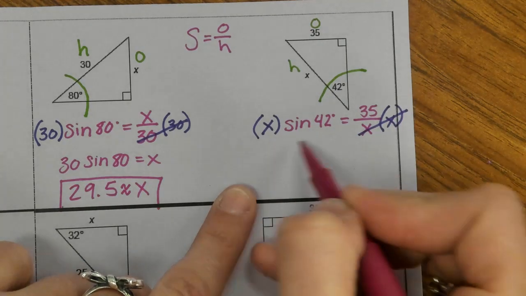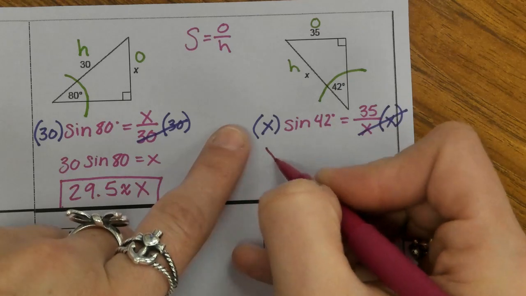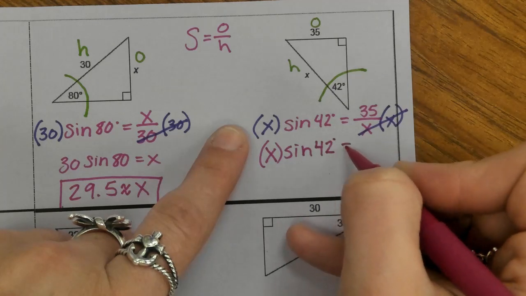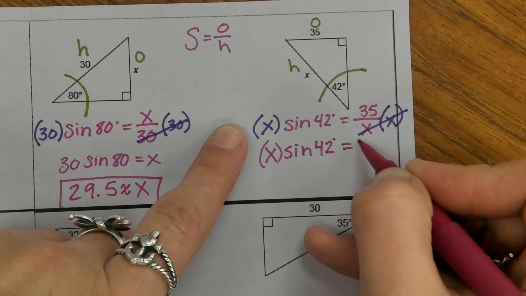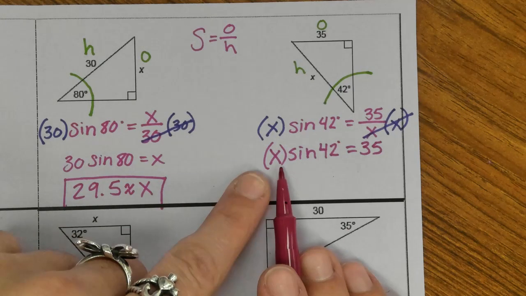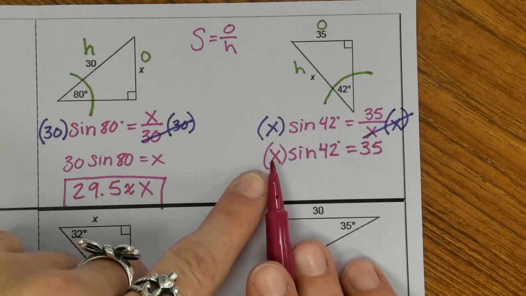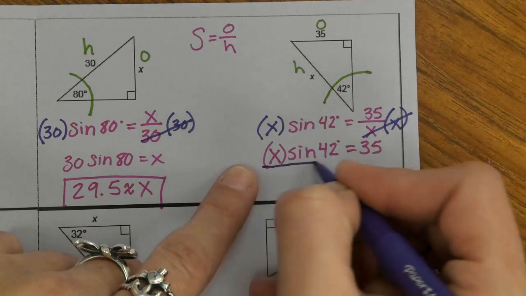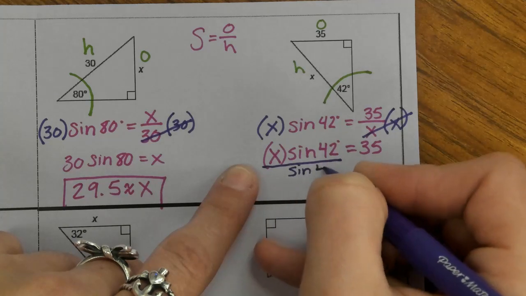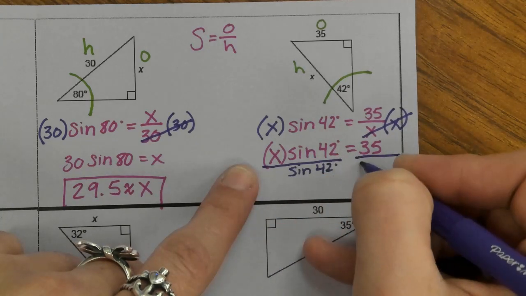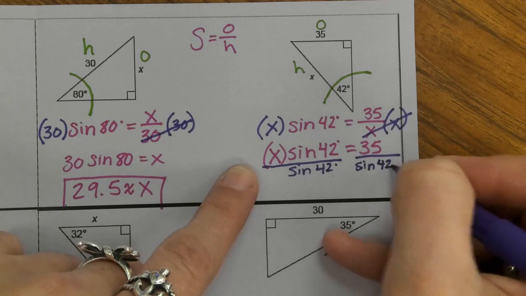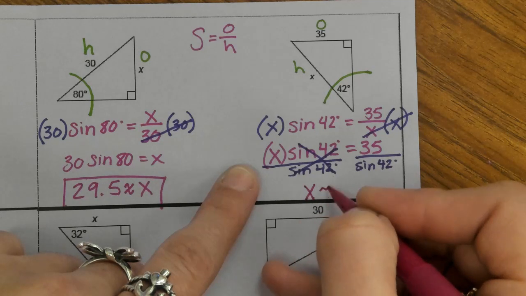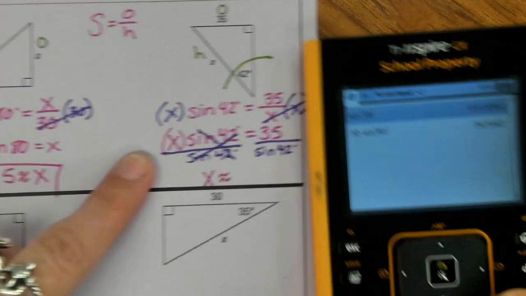So then on this side, we wind up with that x times the sine of 42 is equal to, what's left over here? 35. All this is multiplying. So to get x by itself, we need to do the opposite and divide. So what that looks like is you simply divide by the sine of 42 degrees, both sides. So these cancel out, you're left with this x, and it will be approximately,